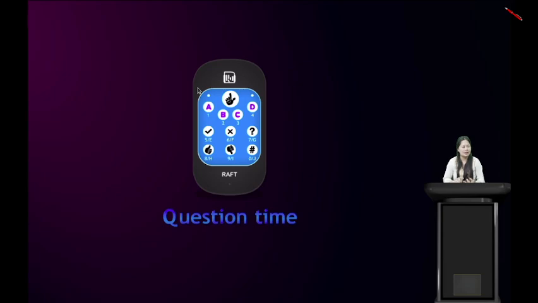Yes students, some of the ways in which we can increase friction are by applying dirt on our hands. When we apply dirt on our hands, we are increasing the friction, so we can grab our friends easily while playing games. The second is the grooves on the sole of our shoe. There are grooves on the sole of our shoe to increase friction so that we do not slip